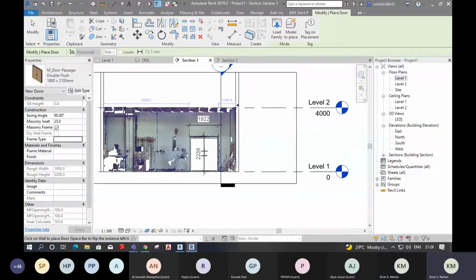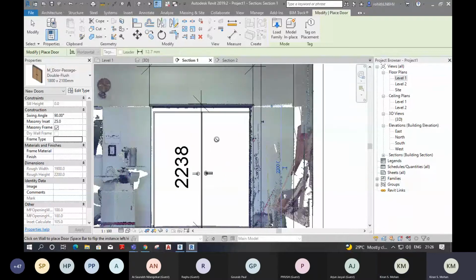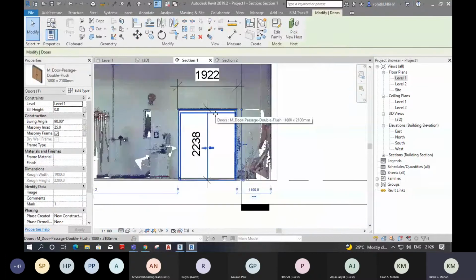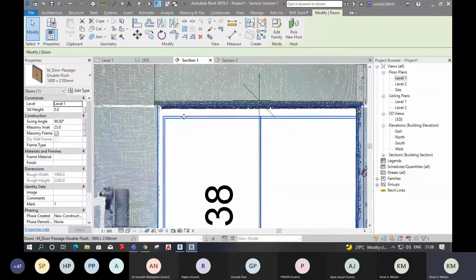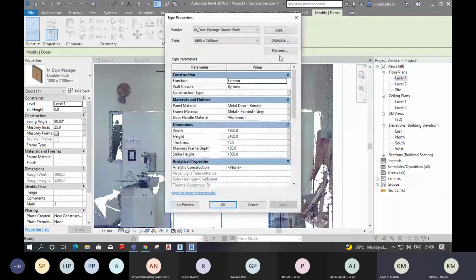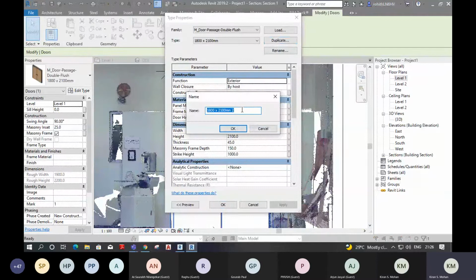Now I'm changing it. 1900, 2200. 1900, 2200 mm. Select OK.